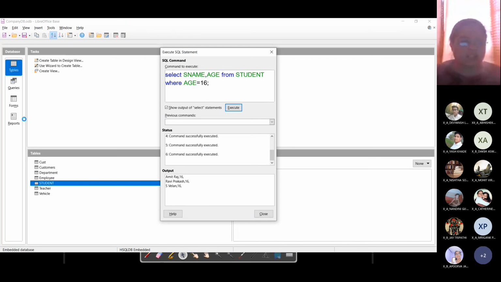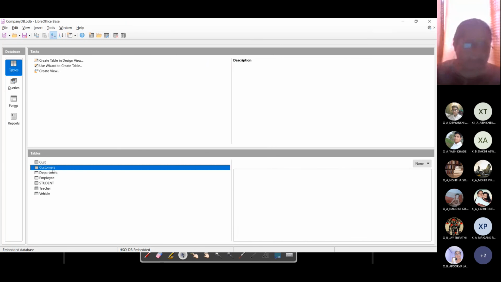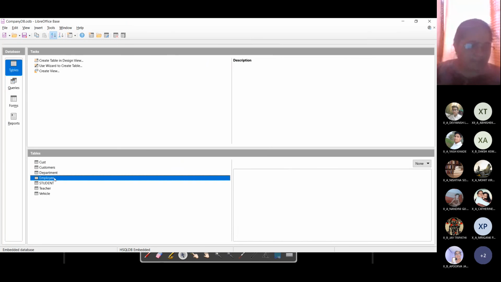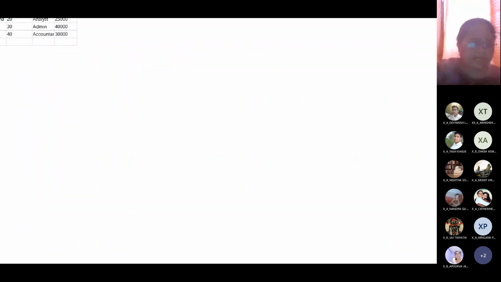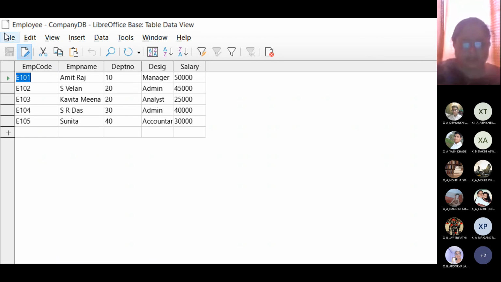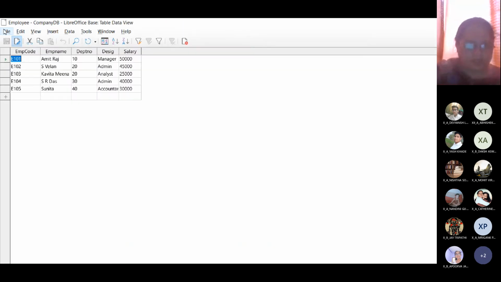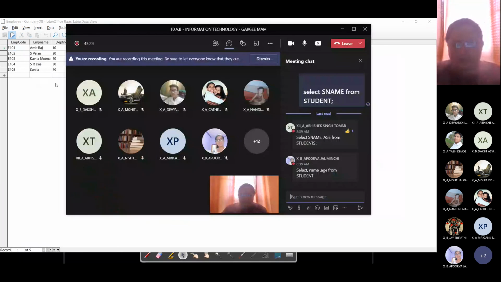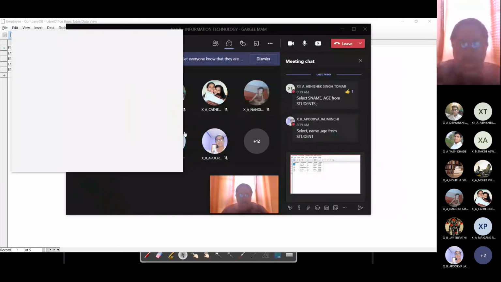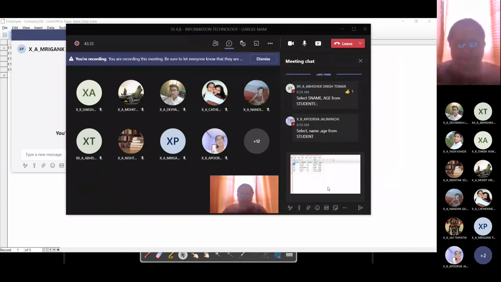Right. Let us now change the table and see some other table. So let me go to the employee table now. And now over here, please make a note of the table structure. I am sending you a screenshot of this table so that you keep the table structure in mind while solving the query.